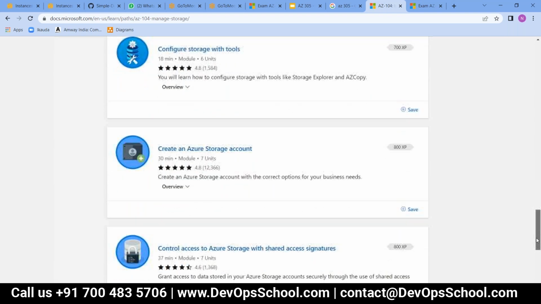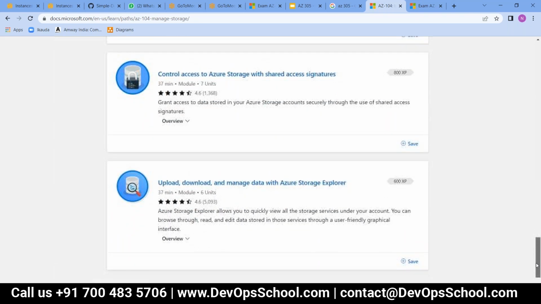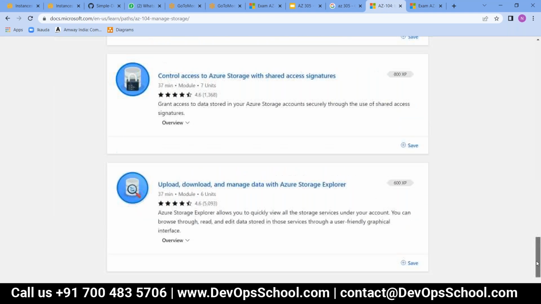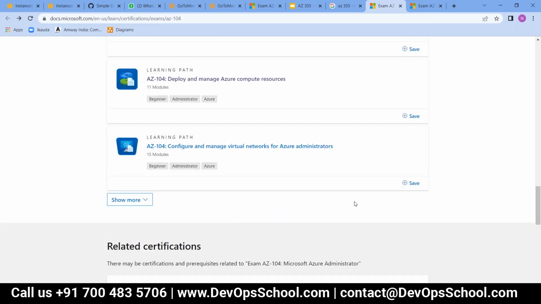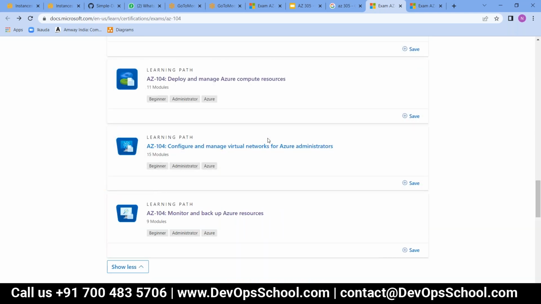So having said this, in general, your hands-on part mostly will be covered as part of 104, where they talk about configuring virtual networks and monitoring. So these are the kind of areas which are hands-on worthy. That whole thing is covered as part of your